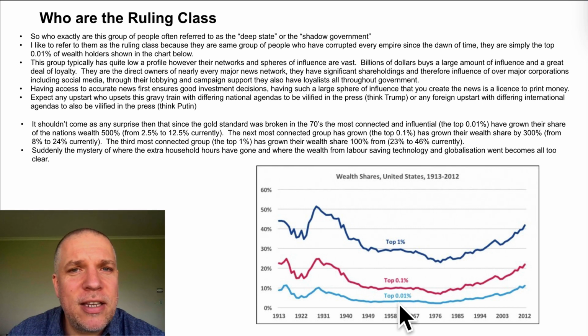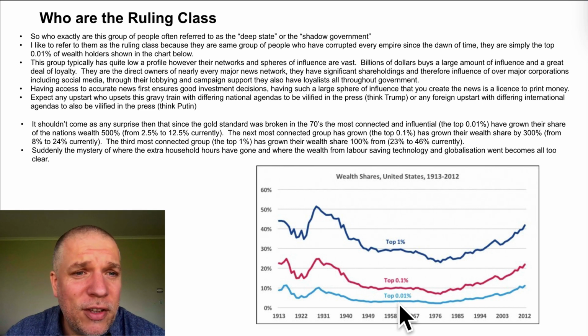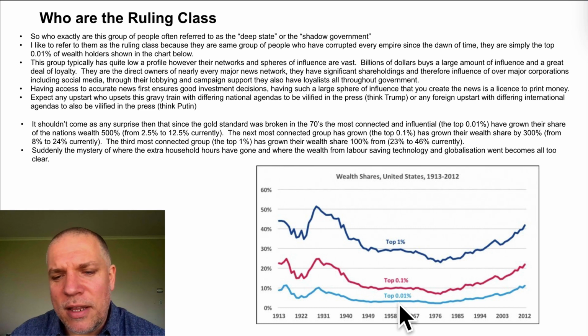Media especially, it's amazing. Just about every media outlet is owned entirely by billionaires. There's very few independent media or media that aren't doing the will of, or at least following the agendas and the beliefs of these billionaires. So it's significant as well that if you have such networks and such influence, you get the inside track on any news that's going on. In the investment world, if you're the first to get hold of some news, or you're the first to really see where things are going, you're going to make better investment decisions and grow your wealth faster than anyone else.